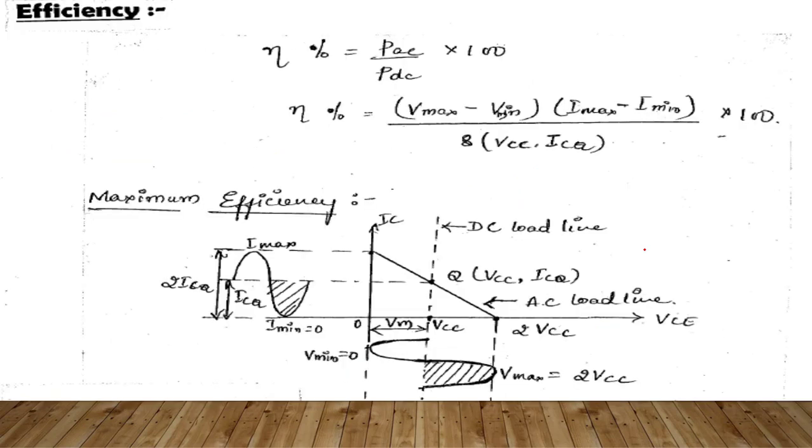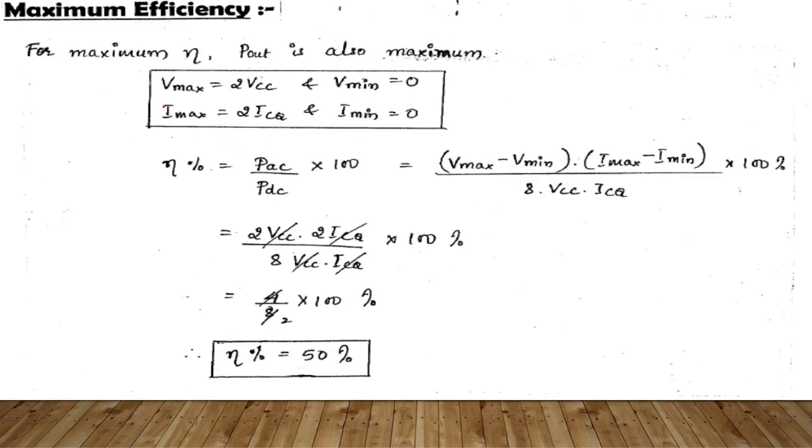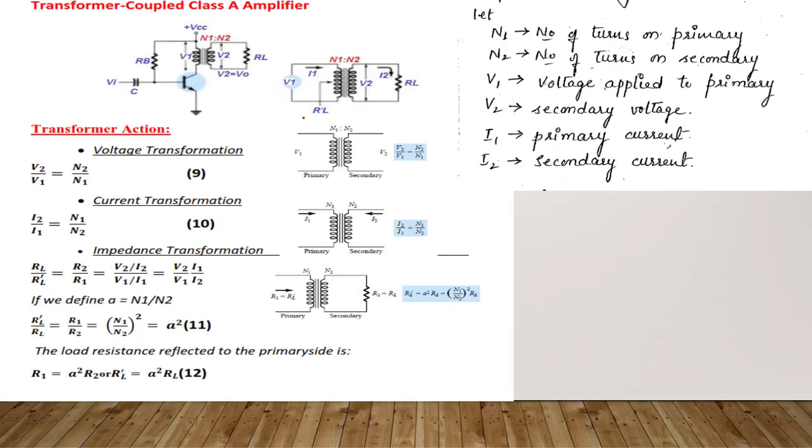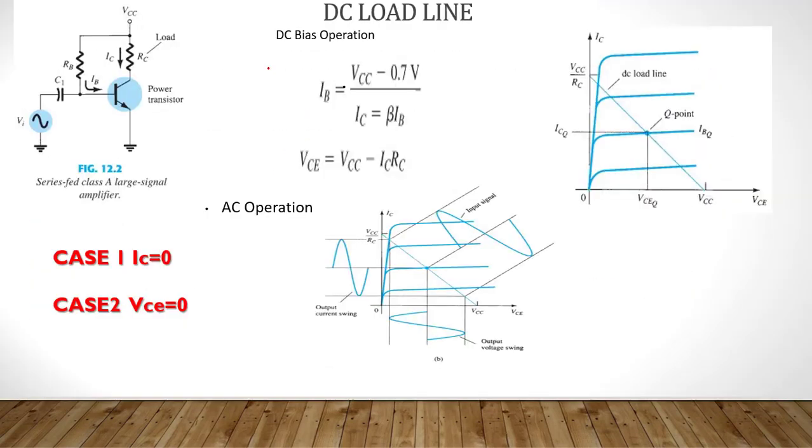Okay, so if I go with the efficiency, I will get Vmax minus Vminimum and the same. But here what difference we are getting is, see, Vmax I am getting as 2 VCC. Why are we getting Vmax equal to 2 VCC? Listen here, very important. In the previous part, V maximum, here V maximum I got VCC. Why? Because in this equation we made VC equal to VCC minus ICRC. So IC is 0, so VC is equal to VCC. From that format we got VC equal to VCC.